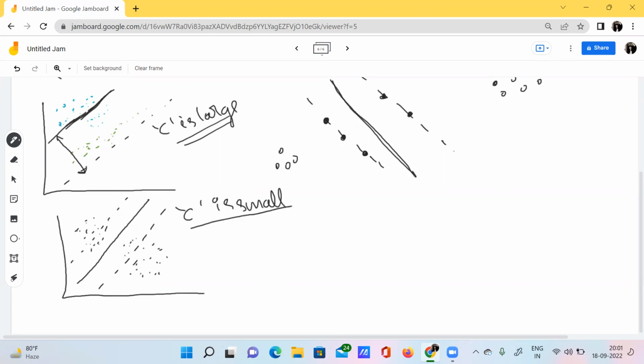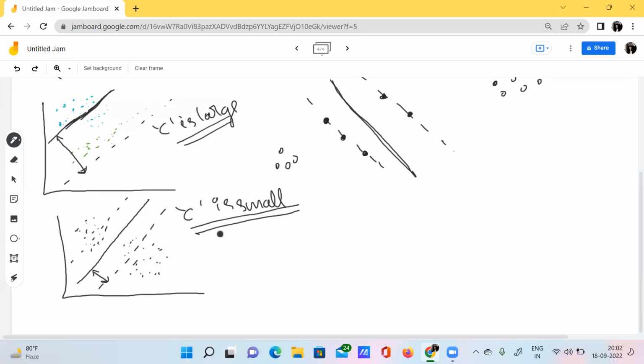If our tuning parameter C is small, then the gap between the margin and the hyperplane is very, very small. So if C is large, the gap between the hyperplane and the margin will be maximum, and if C is small, the gap is very, very small. That's the conclusion.